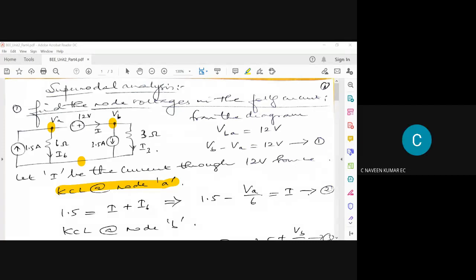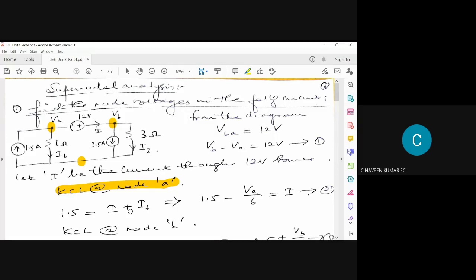Can you say the KCL equation at the node A? Yes, sir. 1.5 amps equals I6 plus I. How many incoming currents are there? One incoming current, sir, 1.5 amps. Okay, and what is the equation for I6? I6 is VA by 6, sir. How do you get that? VA minus 0 by 6, sir. And what is the equation for I? I is equal to VA minus VB by